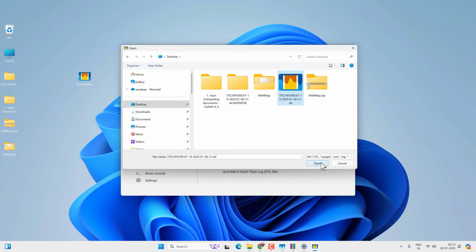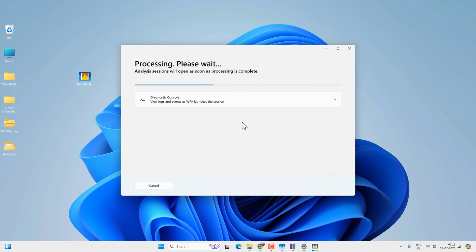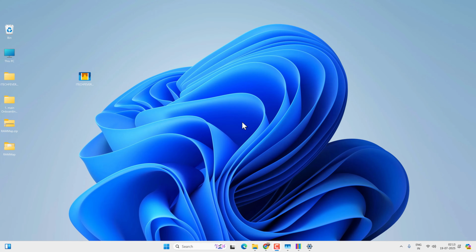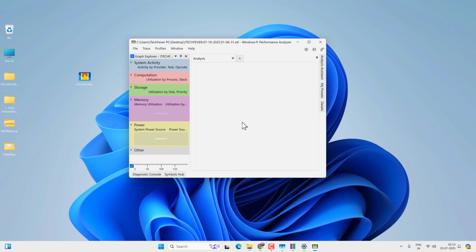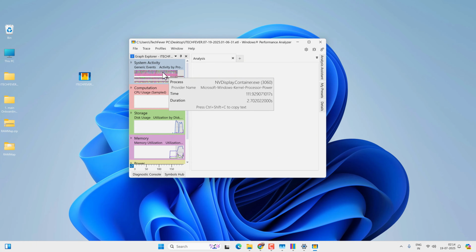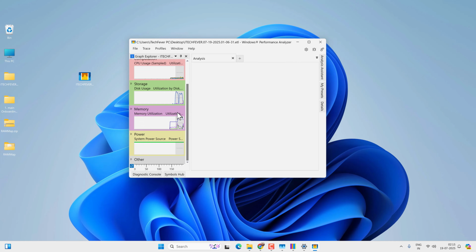Here it is. So I will open the recorded file here, and again it will take some time to process the recorded file. So you have to wait till the process is complete, and then it will open the recording into the Windows Performance Analyzer. And here we are mostly looking at memory utilization. Double click on this memory utilization option or expand it,